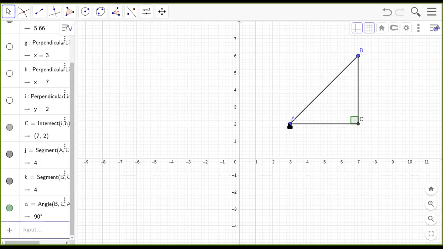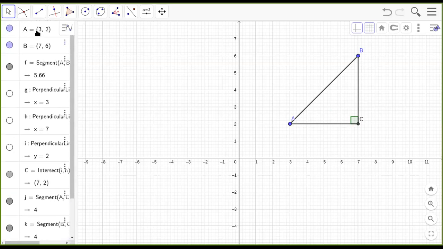Now, it's very clear that my point A is (3, 2). Can you see it on the screen there? And my point B was (7, 6). Now, using these two, do you think I will be able to guess what will be your point C? It's already showing as (7, 2) here. From the graph also you can see it is (7, 2). So I can now write this as C (7, 2), A (3, 2), and B (7, 6).